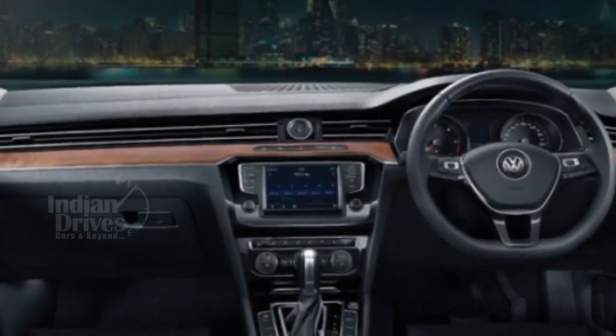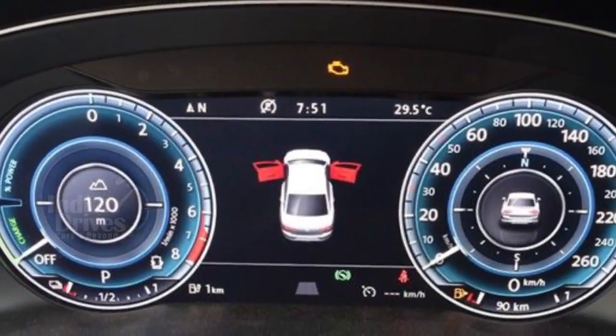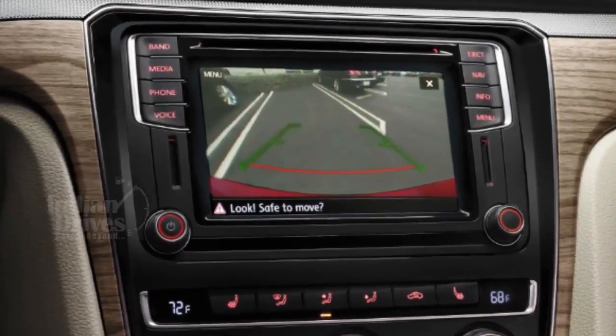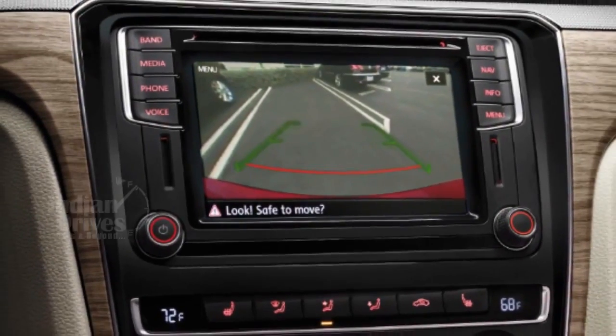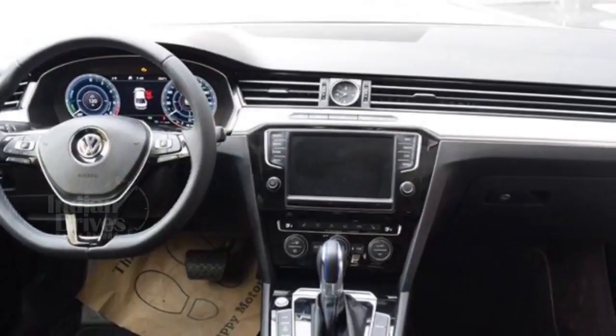The cabin is a lovely looking thing as it is cluster-free and simple. A 12.3-inch TFT digital instrument cluster makes it to the Passat, shared with the Audi TT, while you also get the touchscreen infotainment system on the center console with Apple CarPlay and Android Auto. In addition to this, the sedan comes with new park assist, head-up display unit, and a host of new safety